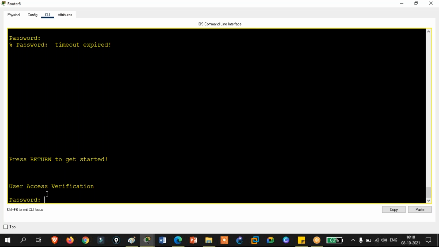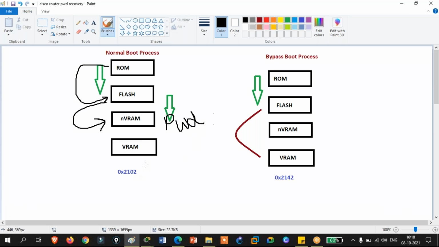It means you need to change this value of the configuration register. Why? Because as long as this value is 0x2102, your router is always going to do the NVRAM check. But because you don't have the router password, you don't want the router to check the NVRAM. So you want to bypass this.